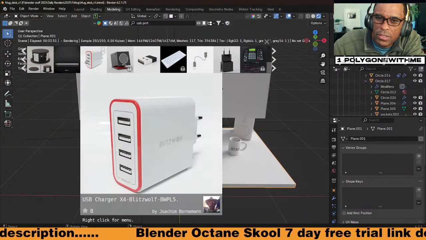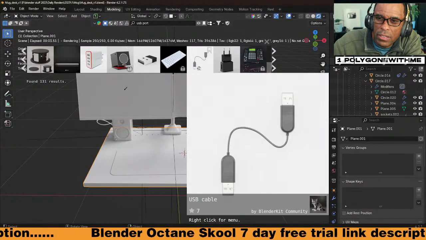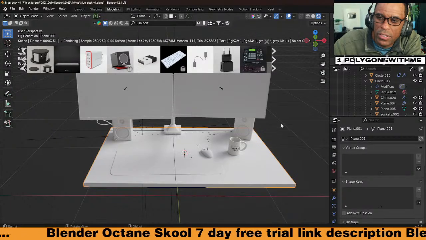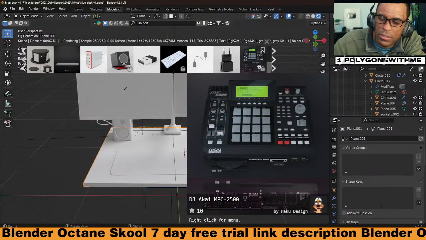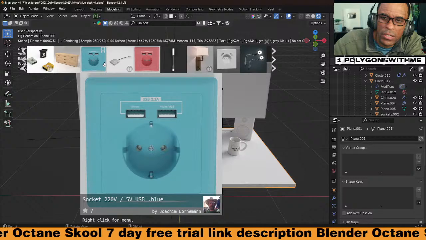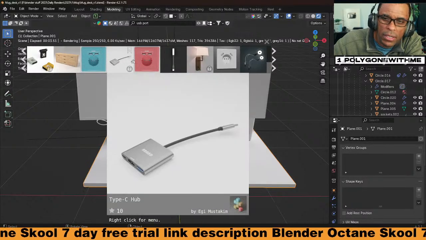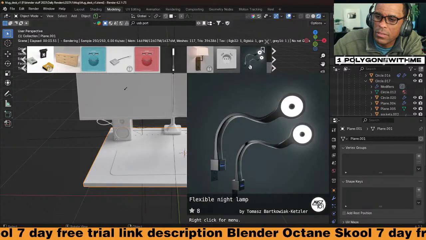Like, if most of these things would work with Octane, I would just pay for the subscription for this. Was that an Akai? Yep, I have one of these guys at the house right now. Not this, I have the older model, the Akai MPC. I used to do a lot of music, dance music, before I started getting into 3D. I used to DJ at raves and stuff like that back in the '90s, '96, '97.